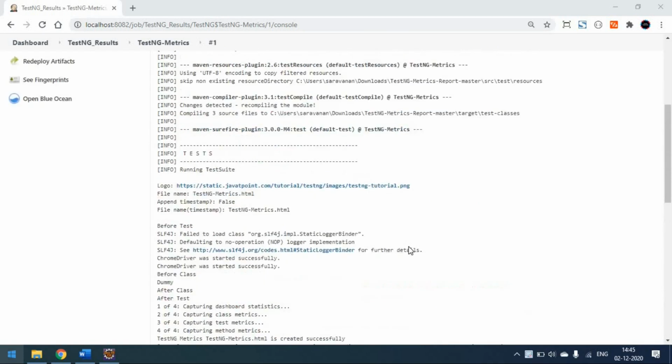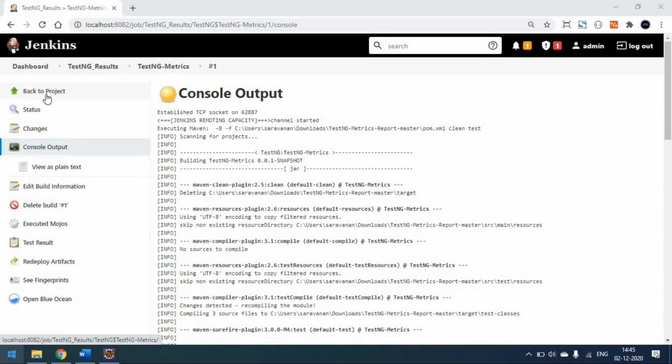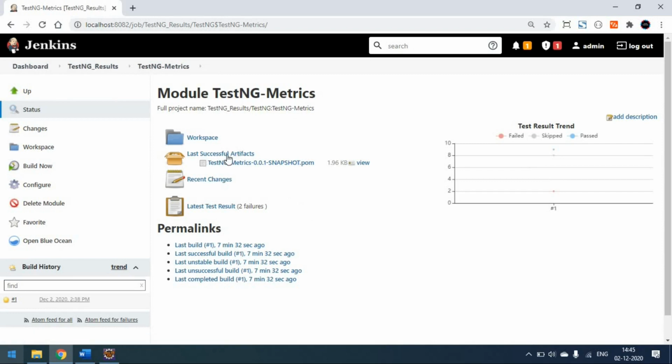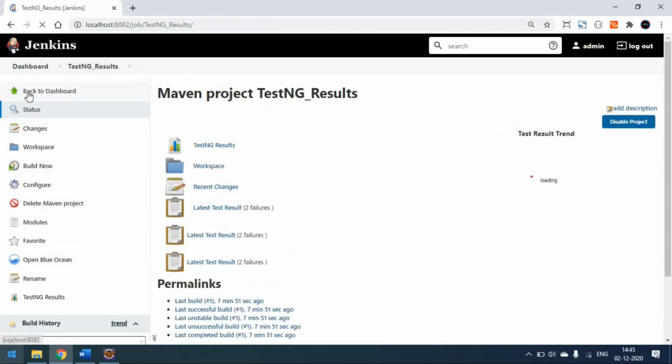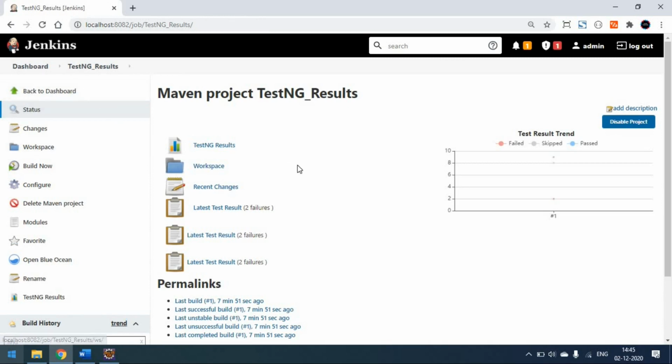Now we'll go back to the project workspace by clicking on this Back to Project button. So yeah, this is the project workspace, right? When you come here, last time before creating this, there was only a workspace folder and nothing else left, right? Now you can see the trend coming. I mean, the trend is not started; I will show you when the trend result will come.